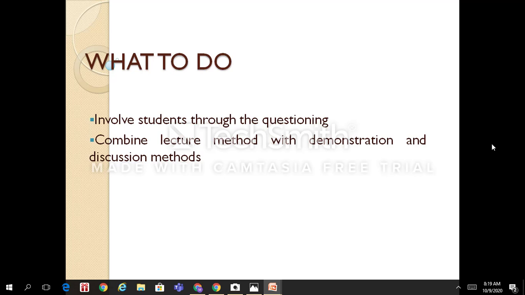Then what will you do now to make lecture method effective? What you are supposed to do is to involve your students by asking them questions. You'll be asking questions in the class to make sure that they are participating. You can also combine lecture method with demonstration and discussion methods so that you'll be able to impart all the necessary things to the students, and it will involve other senses, because they will hear, they will see when you are demonstrating,